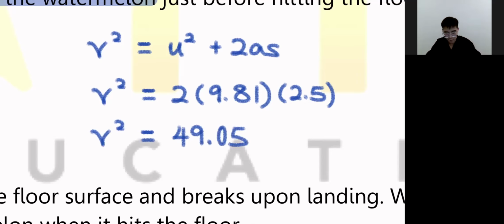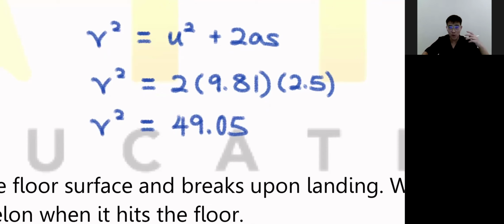Because this answer, 49.05, is equal to V square, not equal to V. So V will be the square root of V squared, right? So it's also going to be the square root of 49.05. So you got to press your calculator, put in your value, 49.05, square root, then your answer will be